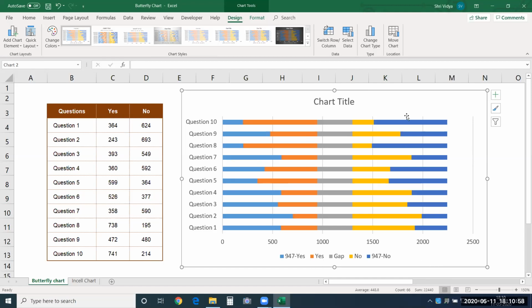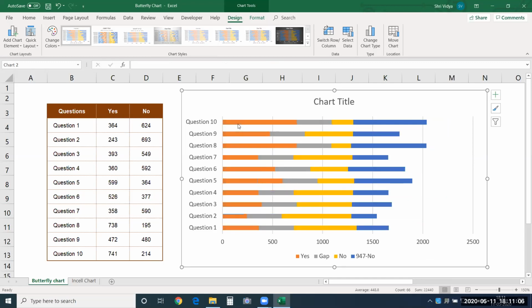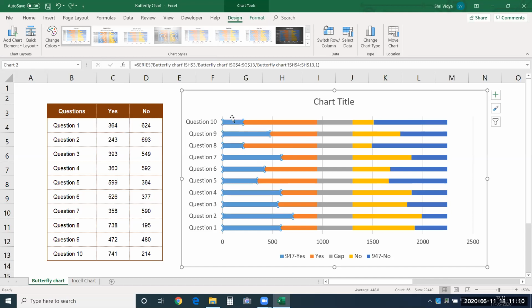So now we don't require them on the chart, but I cannot delete them as well. See, if I delete it, all our plan will go into toss. I want them to remain on chart, but they should not be visible to us. I don't want this to be visible.